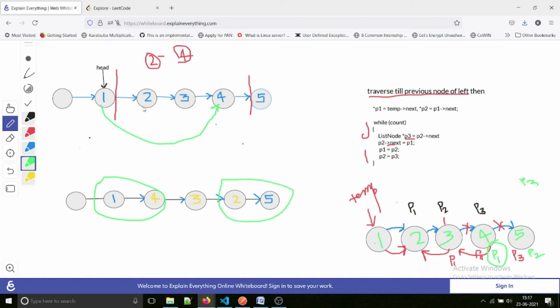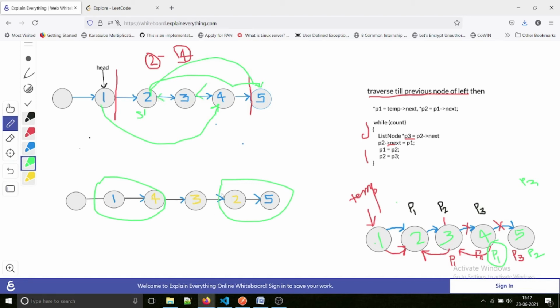So to link this, I will store this variable. So I will say before going into the loop where I am reversing the list, I will store the value of temp of next. So earlier temp of next was 2. So now this store variable will point to this 5. So this is how our list will be created. So 1 is pointing to 4, 4 is pointing to 3, 3 is pointing to 2, and then 2 is pointing to 5. So this is how our new list will look like, and we will see a result like this.